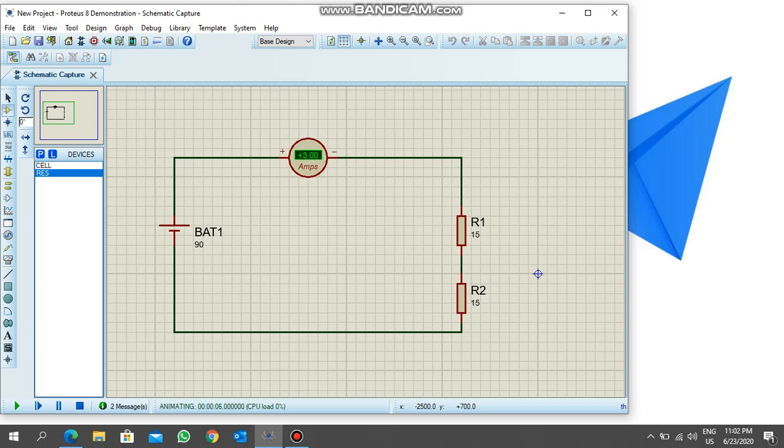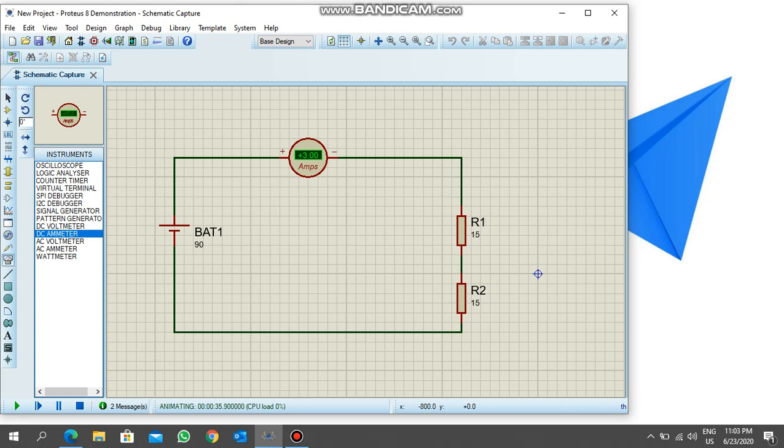So from this lab, from this simulation, you know how to find the current in any circuit by using Proteus software. You can draw any type of circuit in Proteus, and you can add from these instruments the DC ammeter for finding the current. Add the DC ammeter anywhere in your circuit, so you can find the ampere or current in that branch or in the whole circuit. You can also check whether your ammeter is giving the right answer or not by simply doing some calculations using Ohm's law.